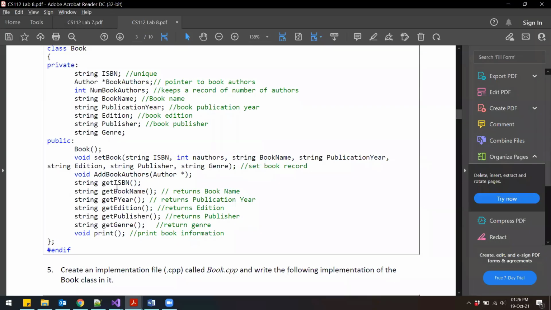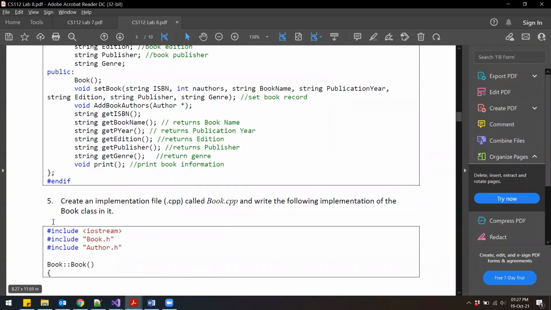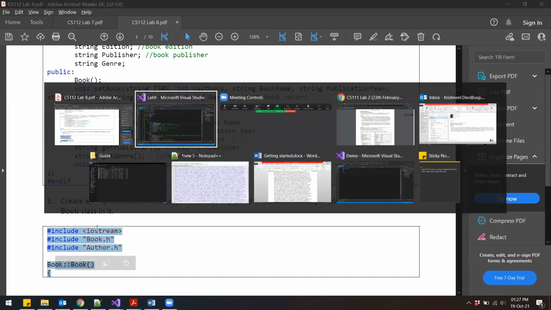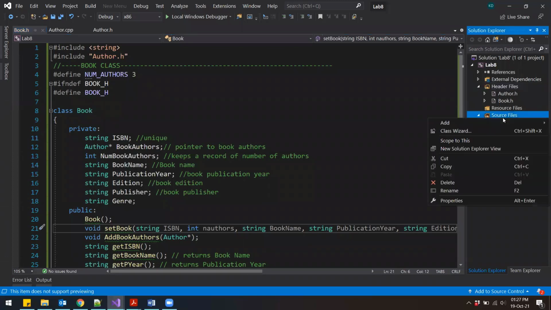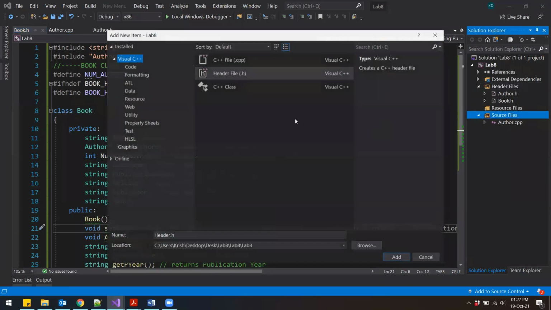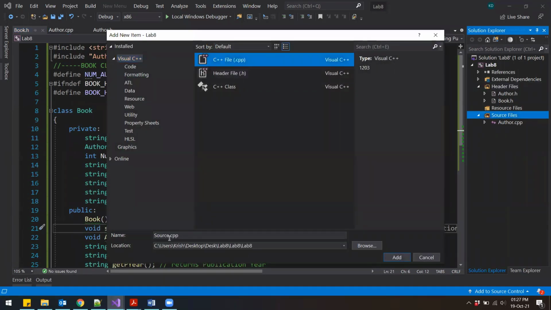Then we will bring the implementation of the book class. So create an implementation file called book.cpp and write the following implementation of the book class in it. So this is the code for the CPP file for the book class. Once again, the CPP file goes in source files. So right click, add new item, and this will be called book.cpp.